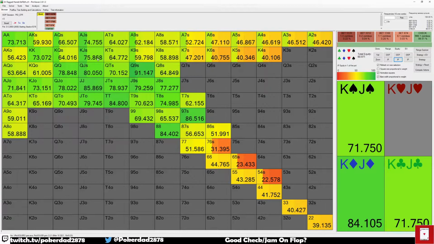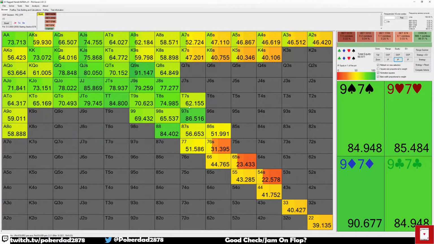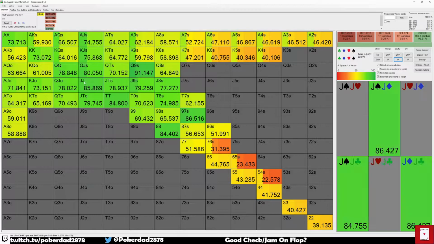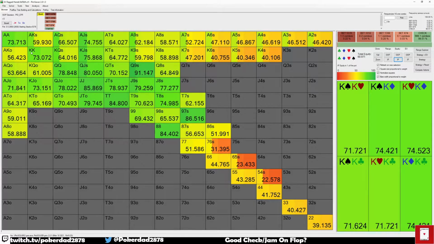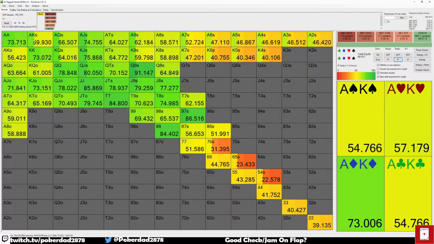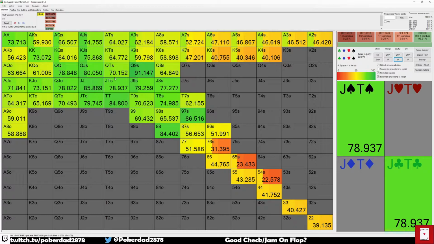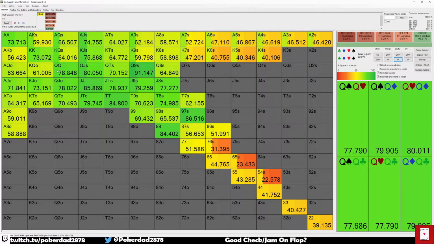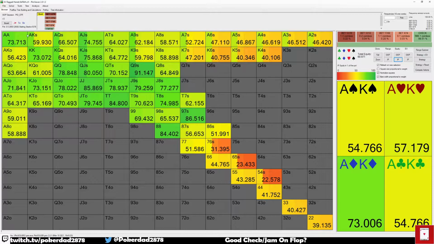Opposition also has so many calls here, so many hands with such good equity that they're probably not going to be able to fold on this board, because they have all these pocket pairs that are not going to be folding most likely. So we just don't have great equity versus these hands and his range at all. So before even looking at what the solution is, I'm going to say this is probably going to be a bad jam, and that we're better off only jamming our flush draws as bluffs, and probably